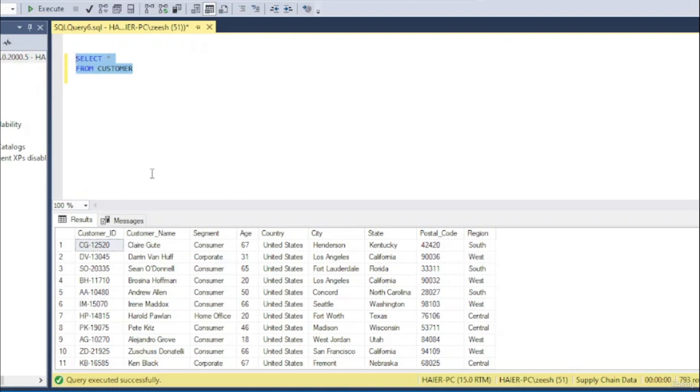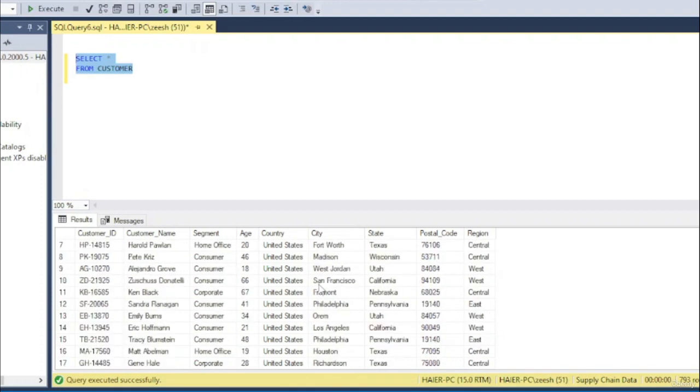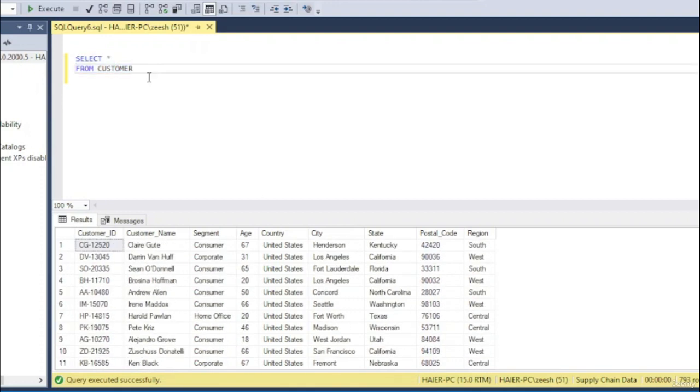So let me pick a particular column. For example, if we want to check a particular city, in the city column we have multiple cities, and we want to check which city contains all the information. Like if someone asks me what the state of Los Angeles is, and this is a very long data set, it is very difficult for me to scroll one by one and check. So you can use this where clause, like this: type where, and type the name of that column, the name is city, sorry,